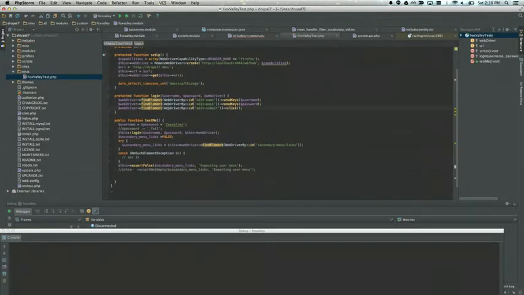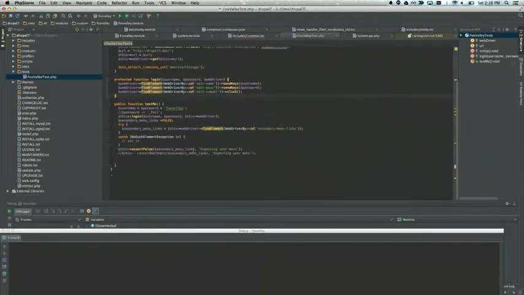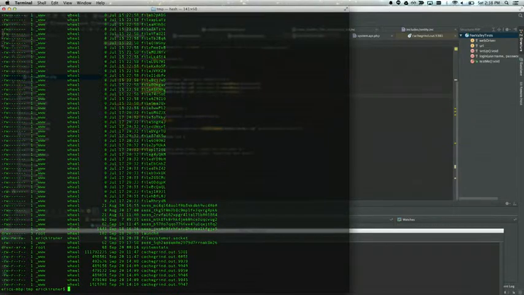Okay, so this is the test. Basically, what I'm doing is I'm going to open up Firefox. It's going to load my page. It's going to log in, and then it's going to confirm that the user menu exists. I'm using Selenium, by the way, and a PHPUnit test from Facebook.